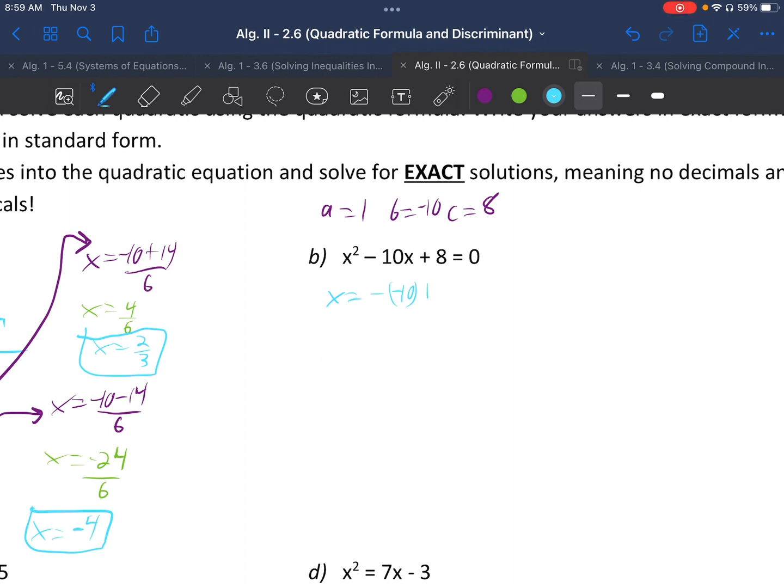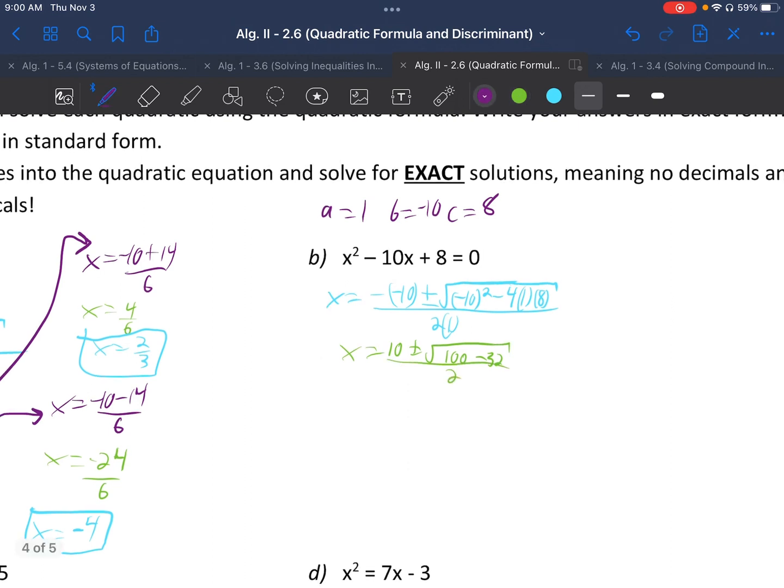So x is equal to negative of negative 10, yes, that's 2 negatives, plus or minus the square root of negative 10 being squared, minus 4 times 1 times 8, all over 2 times 1. Two negatives may end up making a positive 10, plus or minus the square root of 100 minus 32 over 2. From there, you get 10 plus or minus the square root of